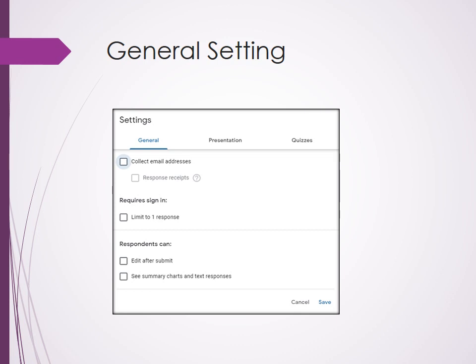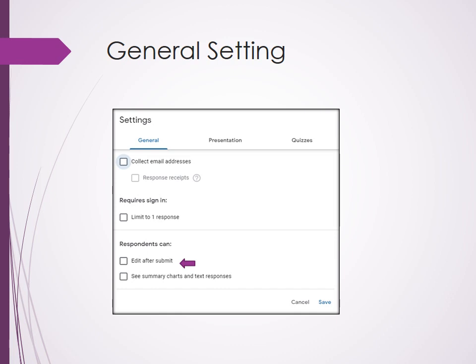Now the recommendation form. After adding the response, the respondent may expect to have the change, so that facility is also available here. If you click it, the respondent may edit the answer after filling and submitting the form. But suppose you are having forms like a quiz or examination, then at that time you will not like to select it.